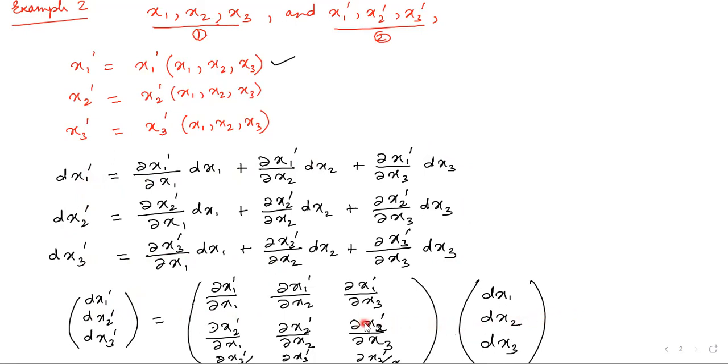Okay. Now let us try to write these three equations by using the summation convention and index notation. I repeat, let us try to write these three equations by using the index notation and summation convention. So let's do it. This can be written as dxi prime is equal to